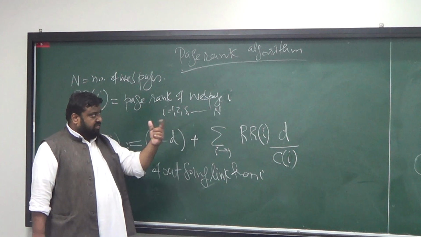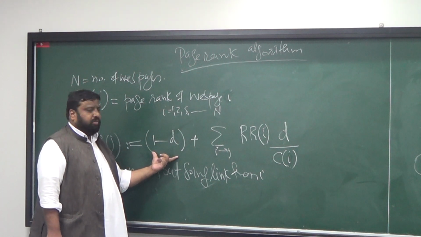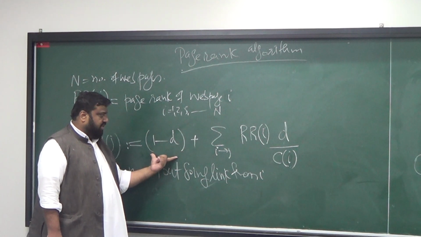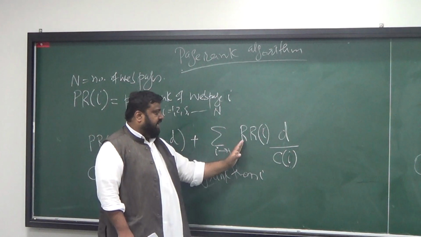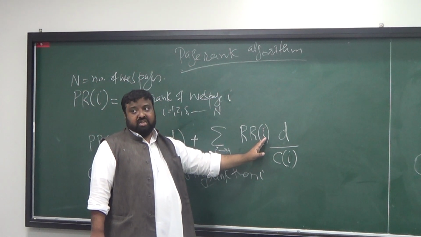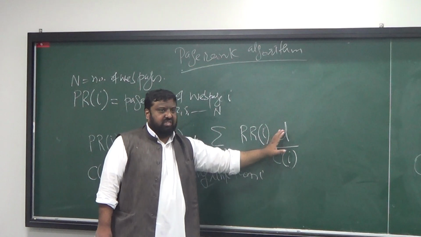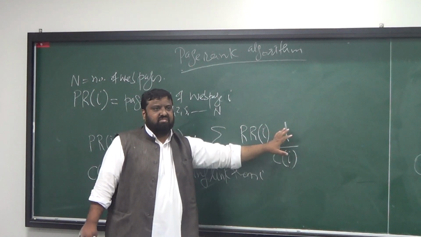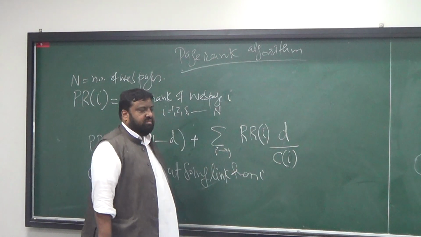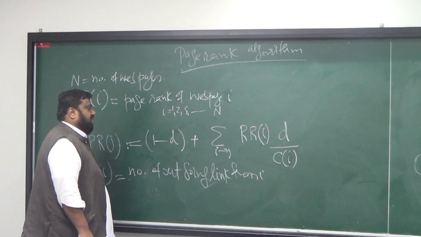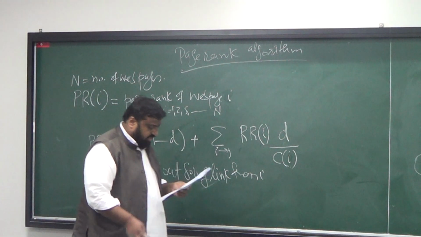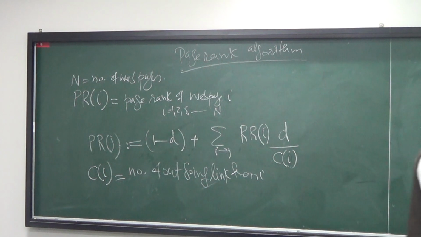And d is a number between 0 and 1, so it's also a probability. I'm going to write soon what this means. Plus the PageRank of those websites which are referring to j, multiplied by their weights, so kind of a weight, d divided by the total number of references that the state i, or the web page i, is making. Okay,